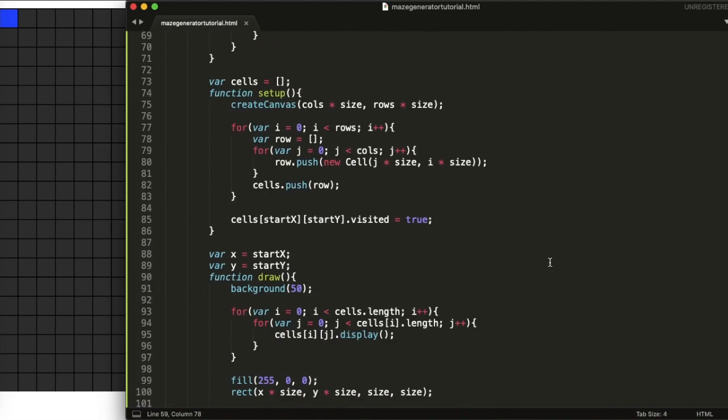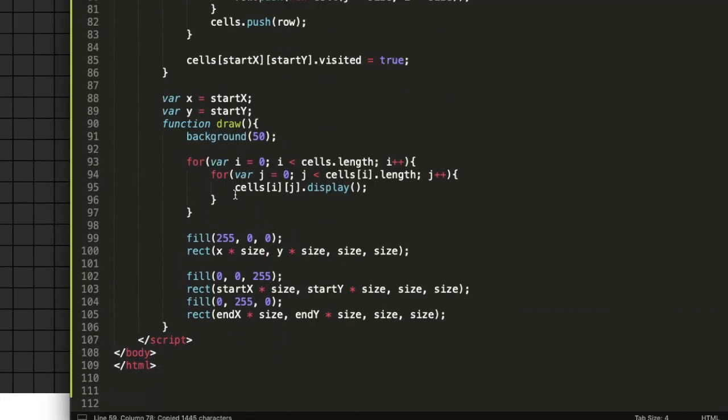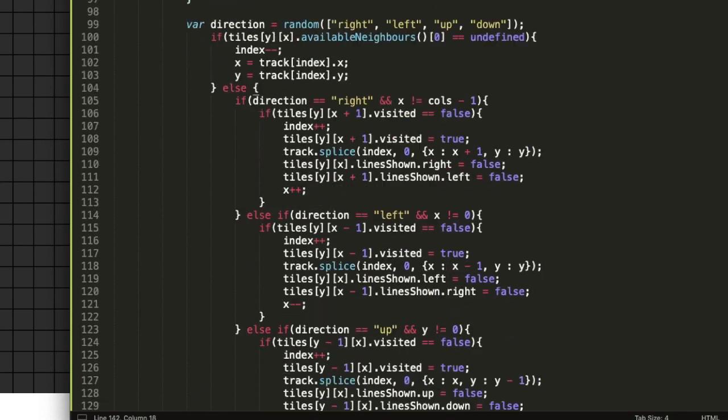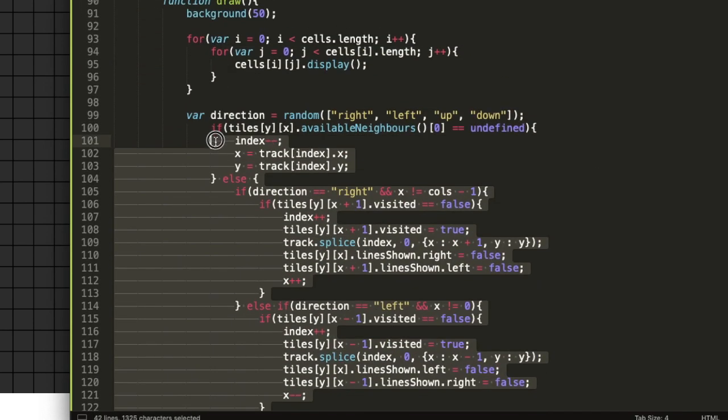So now we go to the draw function. Okay, so what you're about to see is a bunch of code that is just going to be pasted. Okay, ready? 3, 2, 1, boom. Okay, now that was a lot of code. So let me just